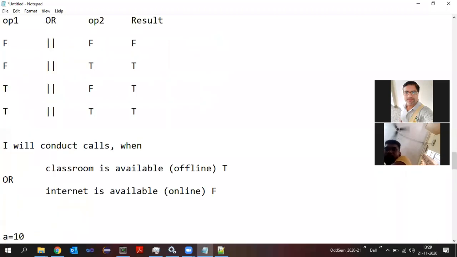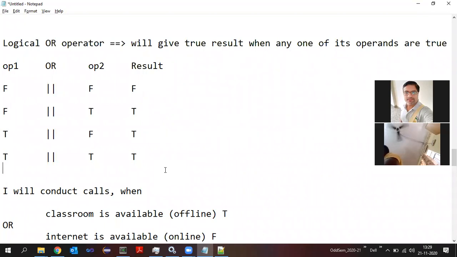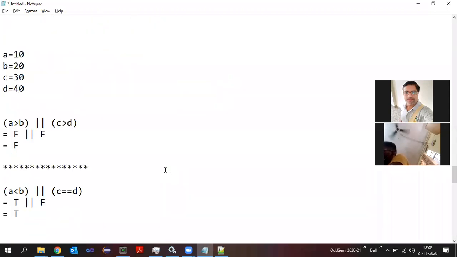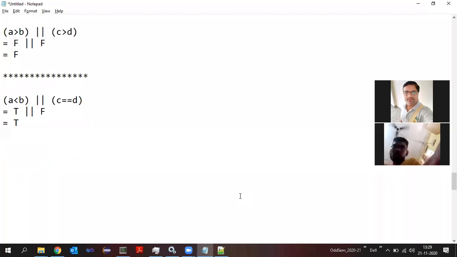Is that clear, students? Yes, sir. Okay. Now, let me ask a question to the students who were from the commerce background, who have not studied the truth table earlier. So what do you think? Is it simple? Is it easy to understand or is it difficult? Commerce students, please answer. Yes, sir, it's easy. Are you following this one? Yes, sir. Nikhil, will you turn off your video? Nikhil, 231, turn off your video.